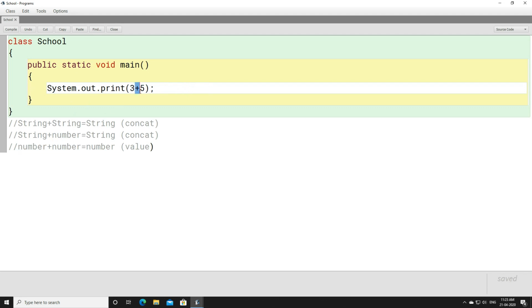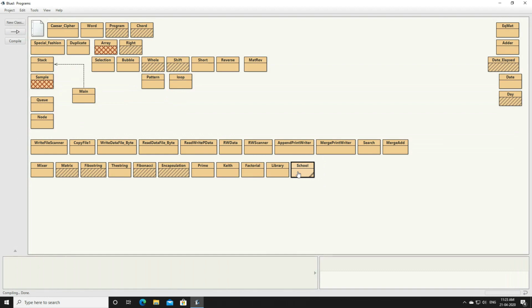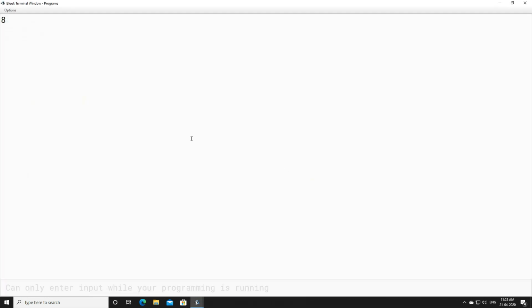We are going to put a plus sign between them. So the value will be 8. Let's compile this program. Here you can see 3 plus 5 is giving you 8. We'll execute this main method, and here you can see the output is 8.